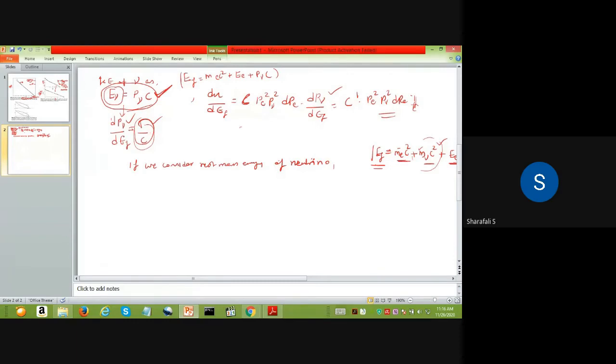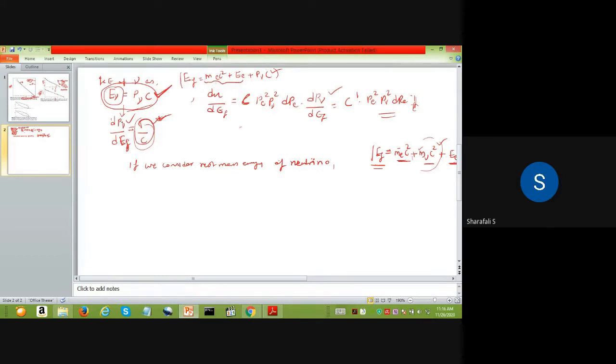So we have to take p_nu with respect to E_f, not with E_nu. Even though only this part is for the electrons, only this part will come, that's why the result is okay. That is right. But when you take that derivative, you have to take the final energy of that reaction, that is E_f, which is associated with both the electron and the neutrino.